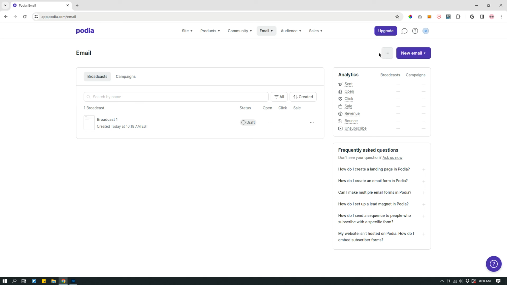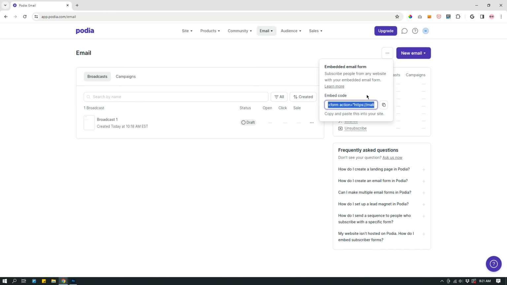All you can do is go to broadcast or campaign, doesn't matter. Click the three dots here and then click embed email form. And that allows you to grab the embed code, but it doesn't allow you to add a tag with that embed form, which means that